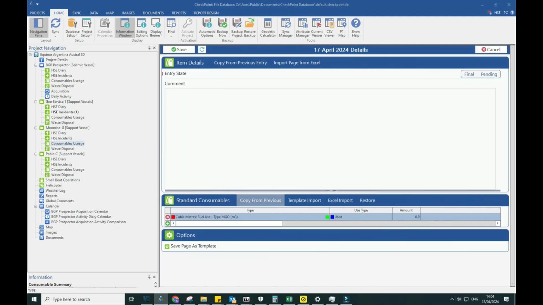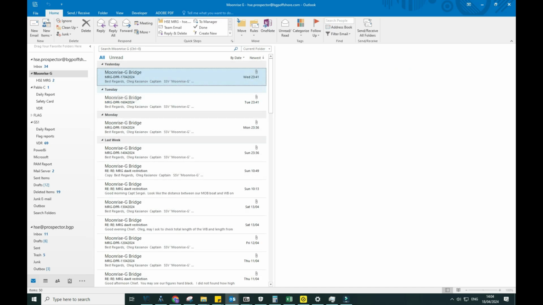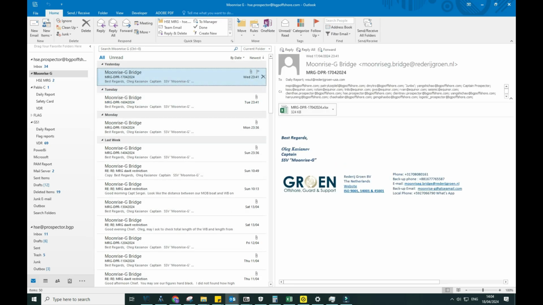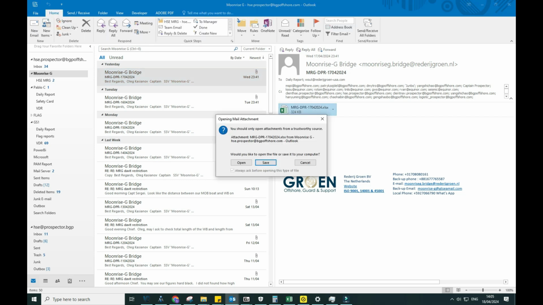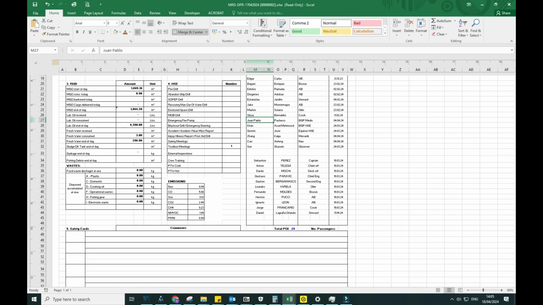Again, click copy from previous. I have that already entered here, but just to show you where I got the data from, it's from the email. So go back to the email. From Moonrise G, we get the data from the vessel's daily report. We open the file. Here, this is their